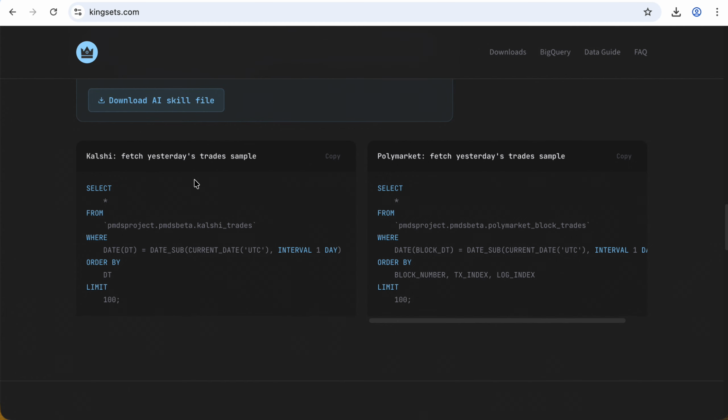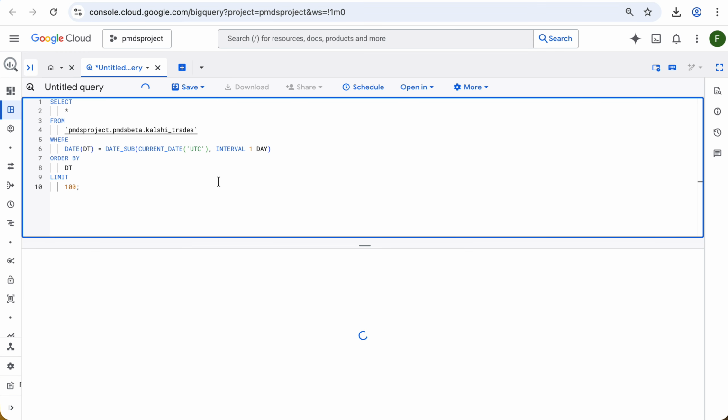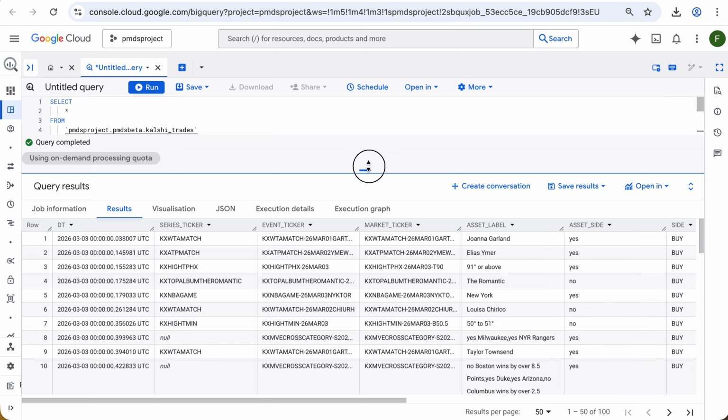For example, this query allows you to select the first 100 trades that happened in Kalshi yesterday, ordered by date time. As you can see, every trade also has a reference to the series ticker, event ticker, and market ticker. So if you want more information about events, markets, and series, you can join this table with the series, event, or market table.